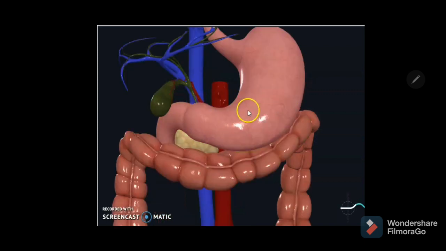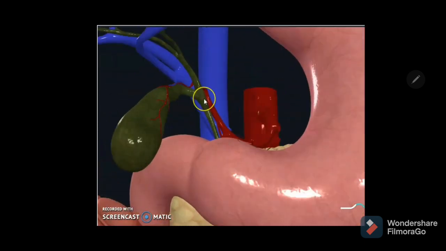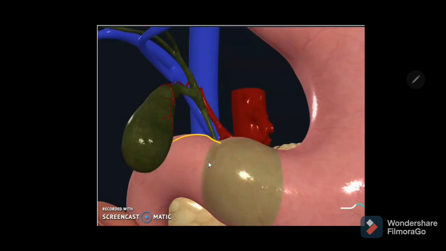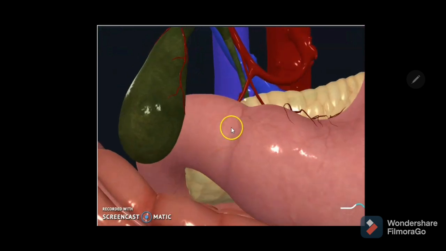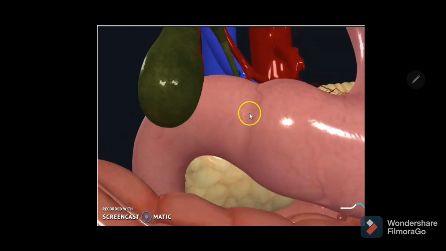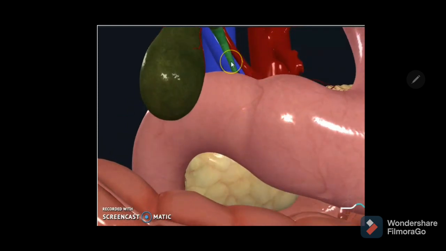Once you take out the fold of lesser omentum, you can notice there the supraduodenal part, that is posteriorly the portal vein, and to the right the hepatic artery. And once you see the retroduodenal part, anteriorly you are going to see the first part of the duodenum here, posteriorly the portal vein, and to the left the gastroduodenal artery, a branch of the common hepatic artery, lying left to the common bile duct, retroduodenal part.